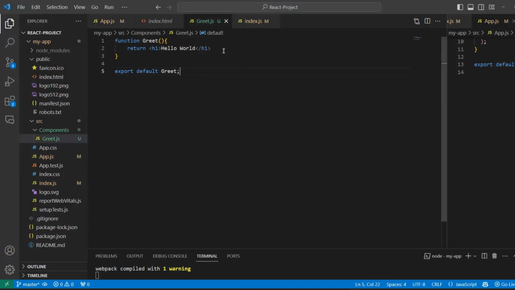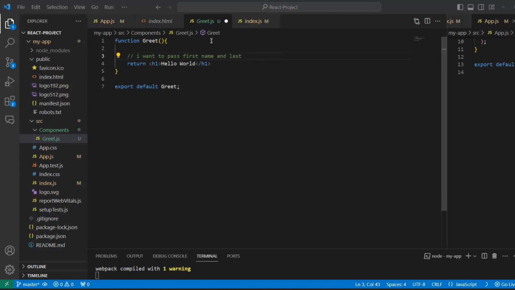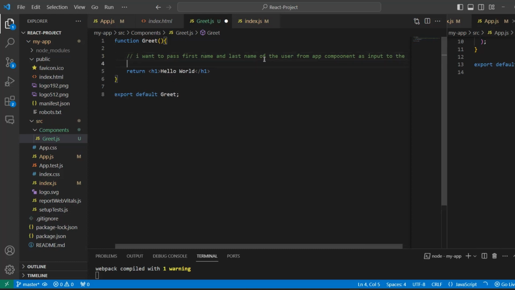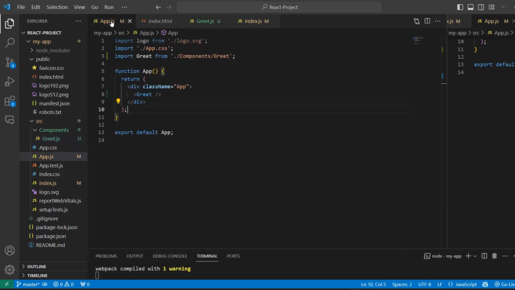See, now in the greet component, imagine what I want to do is I want to pass the username, the first name and last name of the user from app component as input to the greet component and want to display. Okay, that's maybe my objective. So what I need to do for that one was we can go to the app.js,